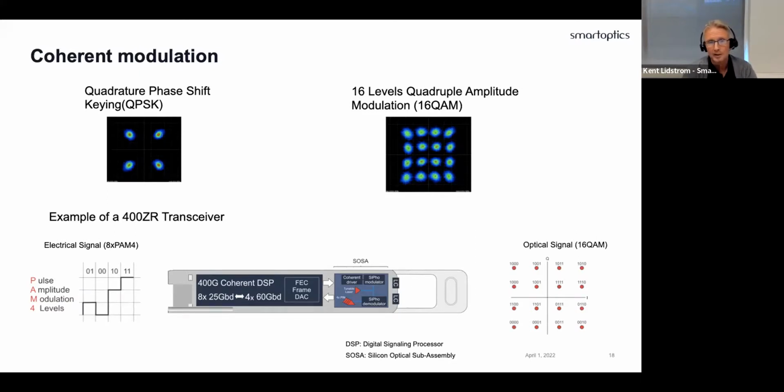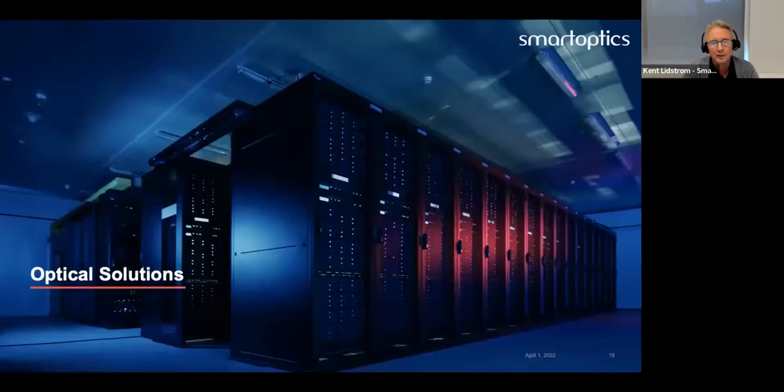Because I will go through, in the next session here, some slides around transponders and muxponders. Now you have all the capabilities already built in on the module itself. So it kind of takes away some of the complexity of how you build your network. So then I guess we jump over to that part. How do you build your network? If you jump to the next slide, we have the optical solution piece.